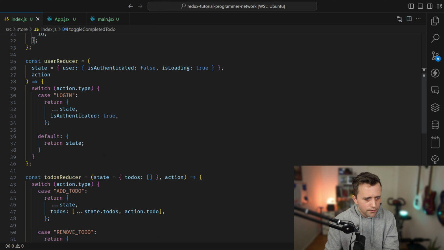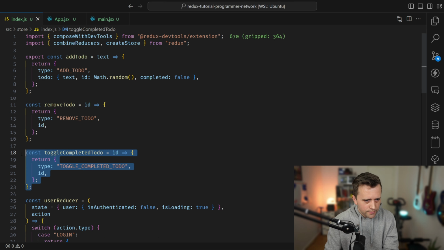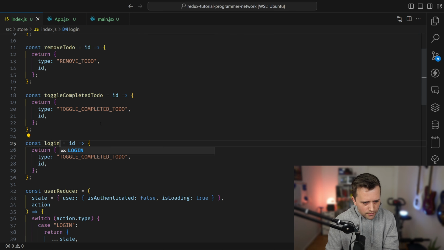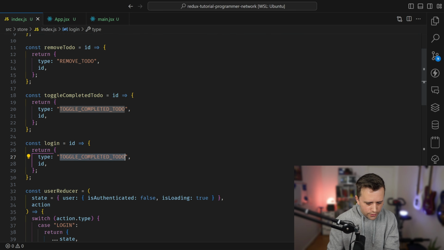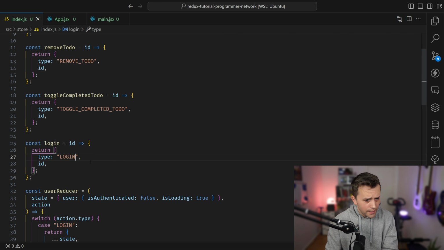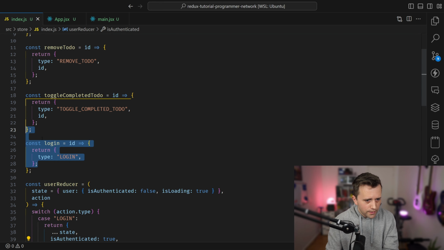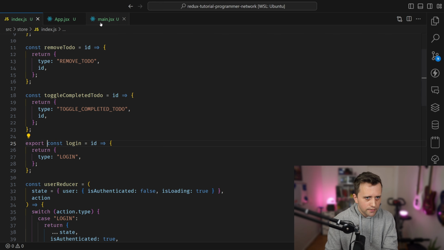So let's go over here. Let's go to our actions, right? So like this, and then let's say login, right? We're gonna dispatch login action, and we're not gonna be passing any data here because you can see that here we're hard coding is authenticated to true, so we don't really need anything. And now, as you may notice, we just export this. We go here,